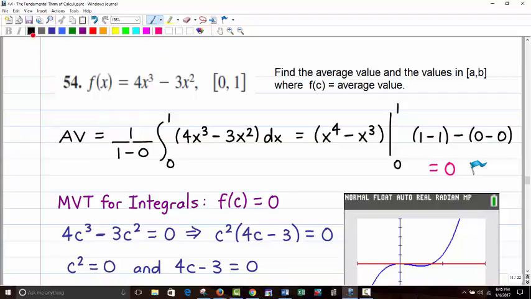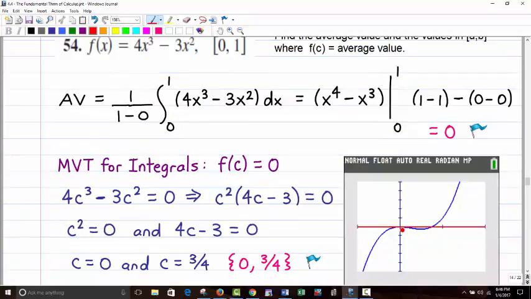All right. And plug in 1, plug in 0, and you work that out, and you get 0. That's okay. Yeah, no rule says the average value can't be 0. That means the average of all y values on this interval from 0 to 1 of the blue graph, which is hitting at 0, it's coming down below a little bit. So obviously if some of them are negative, you better have some positives in there if it's going to be 0. And you see there are some positive values right there at the end. But the average of all those is 0. Every real number in there. So basically,